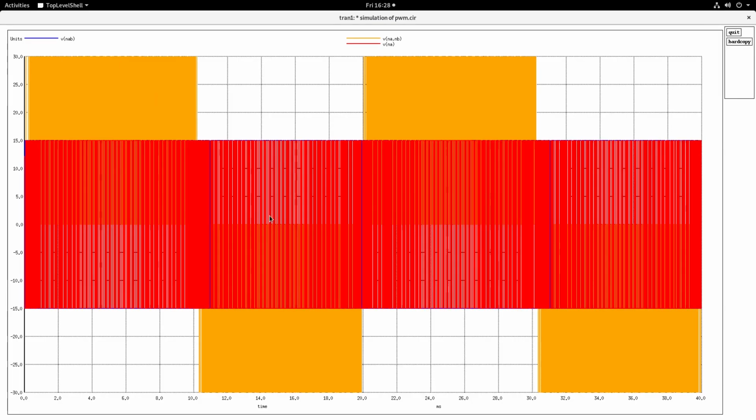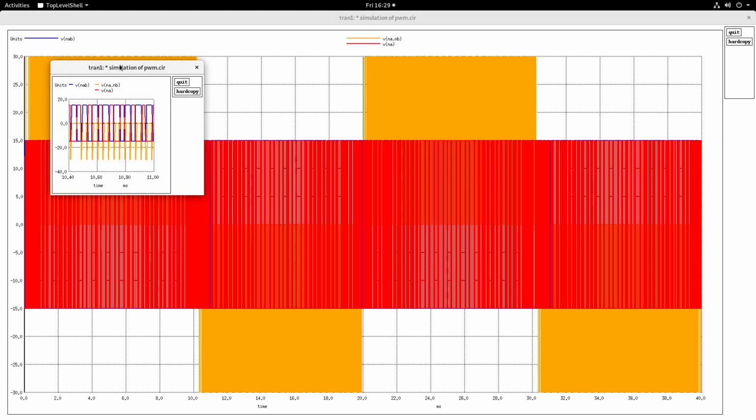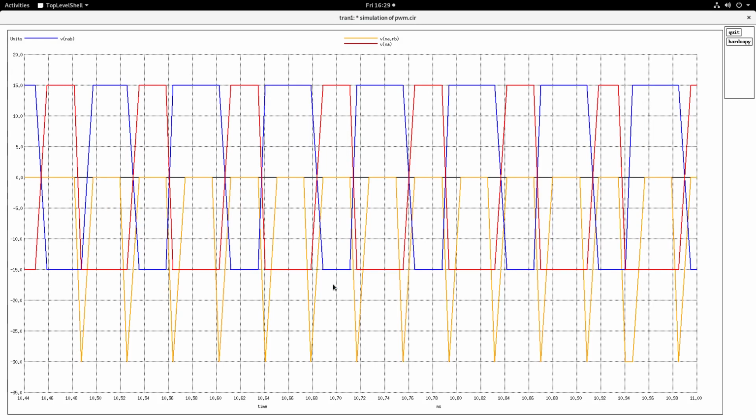So this is basically the PWM waveform. The red one here is NA, the blue one is NA bar. You are not able to see the blue one here because it is hidden behind the red one. Probably I will expand that and show. Yeah, you will be able to see the blue here. So the NA bar, NA, NA bar, NA. They are mutually exclusive. The dead time being generated.